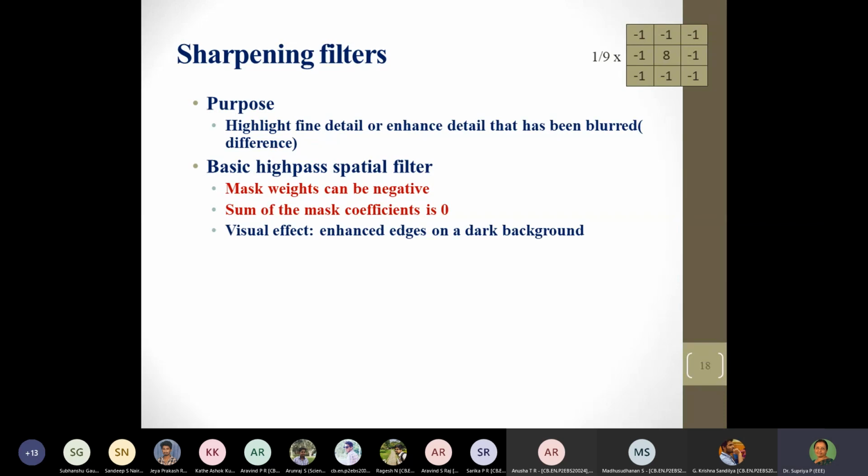Major aspect that we see from a sharpening filter is, as the term states, you would see some changes on the edges, especially on a dark background. I would say sharpening filters are quite effective when we want to check the edges of the road. People are talking about self-driving cars, where they would like the car to be seeing the road ahead with the camera, capture the road's image, and with that road's image, where there are no curves, where there are curves, where there are bumps, etc., it would make suitable variations in the speed of the car. So for such applications, sharpening filters are going to be very helpful in